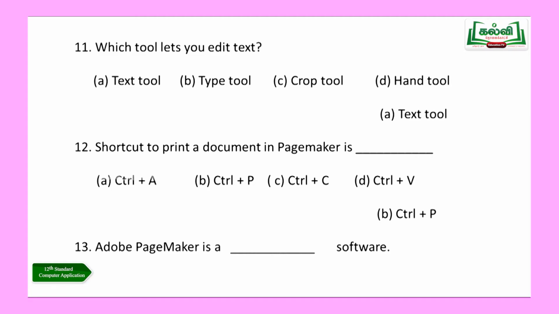Next we move on to the 13th question. From the 13th question onwards, we have fill in the blanks in your book, right? These are not choose the best answer. Students may think they will ask every kind of question in the question paper. In the 1 mark questions, they may have choose the best answer, fill up the answer, match the following, choose the right statement, or choose the odd man out. So in this lesson we have all the options for how they are going to ask in your annual examination. So students should practice this also.